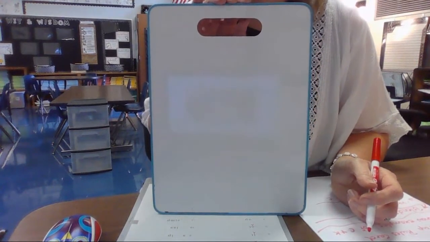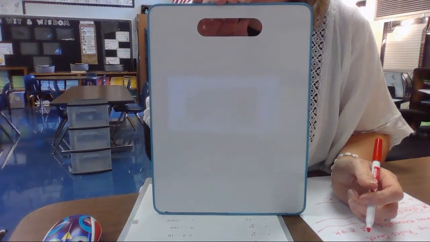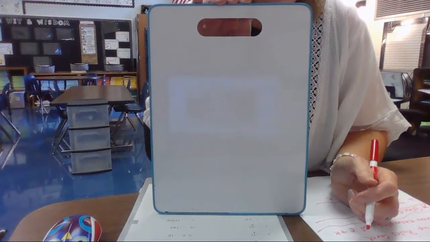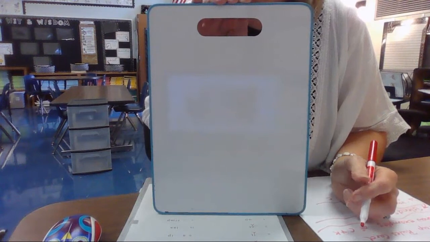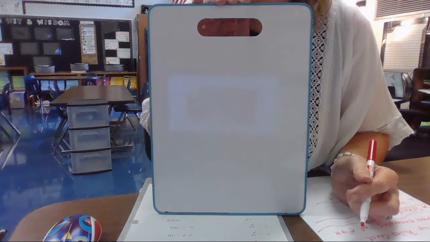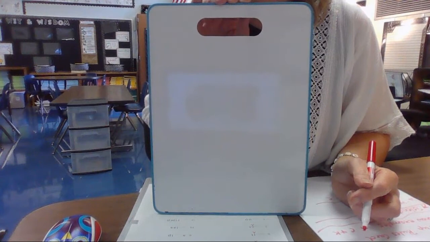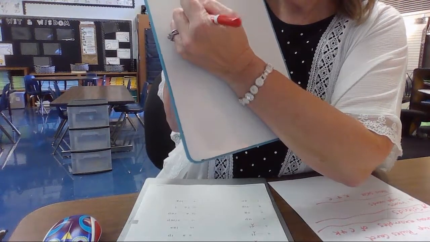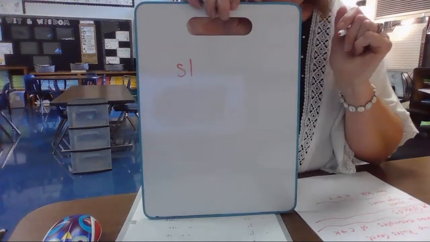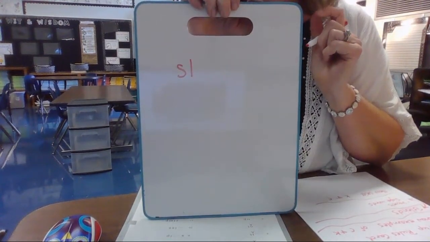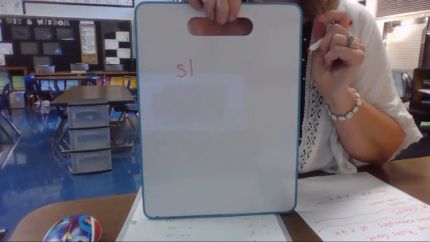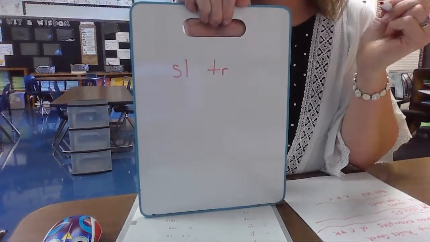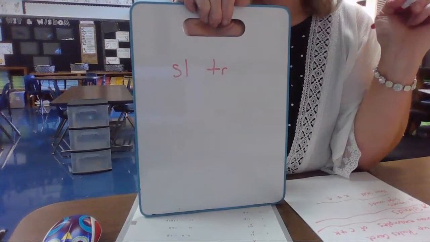Okay, the next thing I'm going to do is say some blend sounds, and I'm going to write them on the board so you'll see what they look like. All right, so let's do sl, sl. What 2 letters are put together to make that blend sound? S, L. Okay. All right, how about tr, like tree, tr. T, R. How about fl,